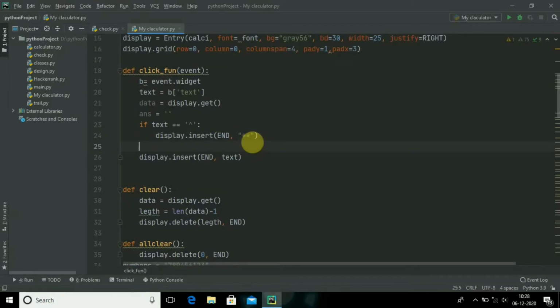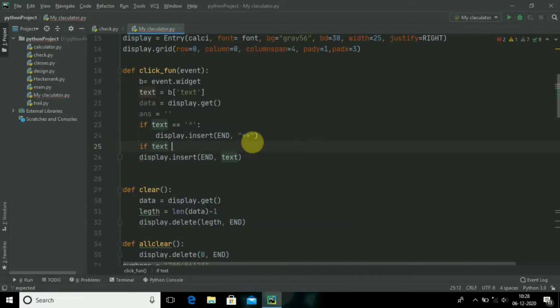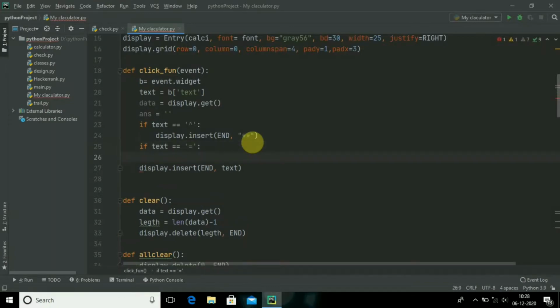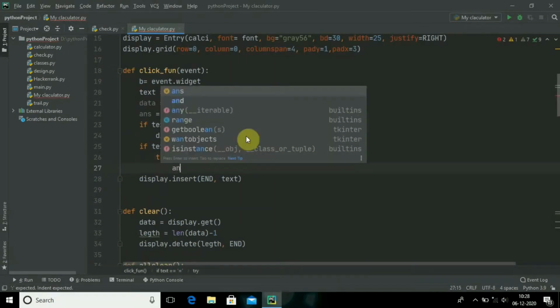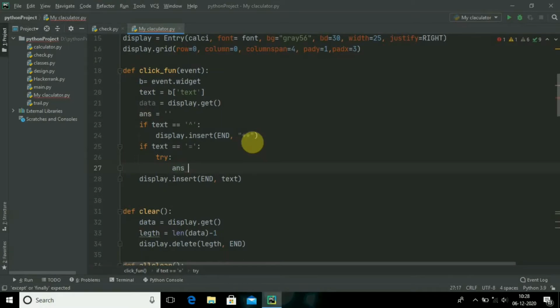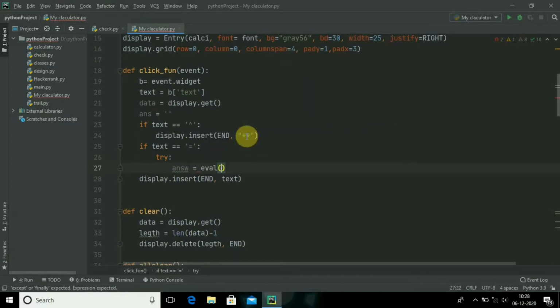Now coming into our main function of equal, when the text is typed as equal, the answer should be evaluated from the data that is displayed. Here the data represents display dot get. Whatever is displayed on the screen, you should evaluate that problem and give us the answer.